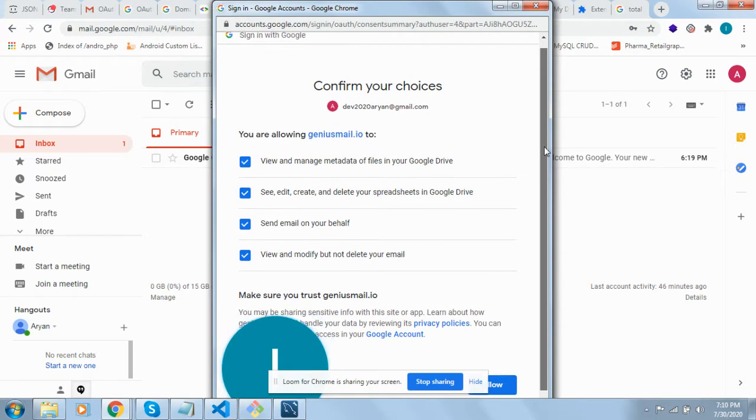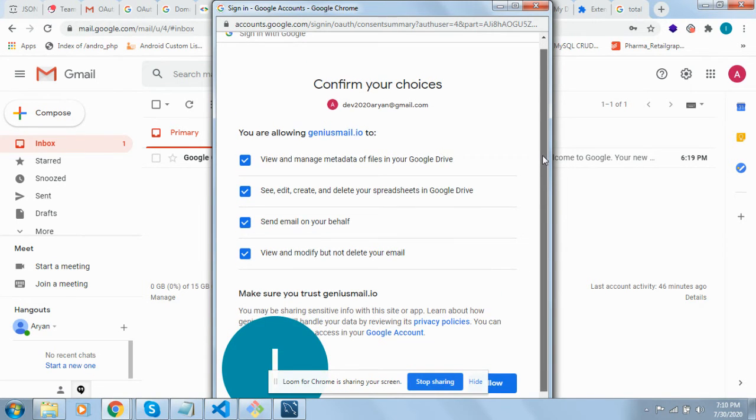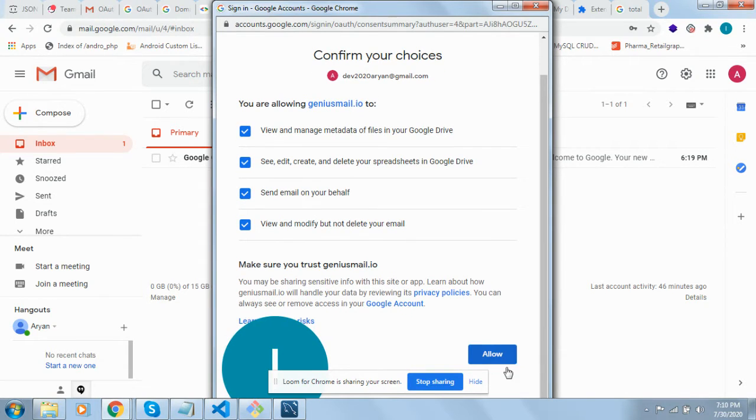see, these are all the permissions which you are going to give us: view and manage metadata of files in your Google Drive, see, edit, create, and delete your spreadsheet in your Google Drive, send email on your behalf, view and modify but not delete your mail.